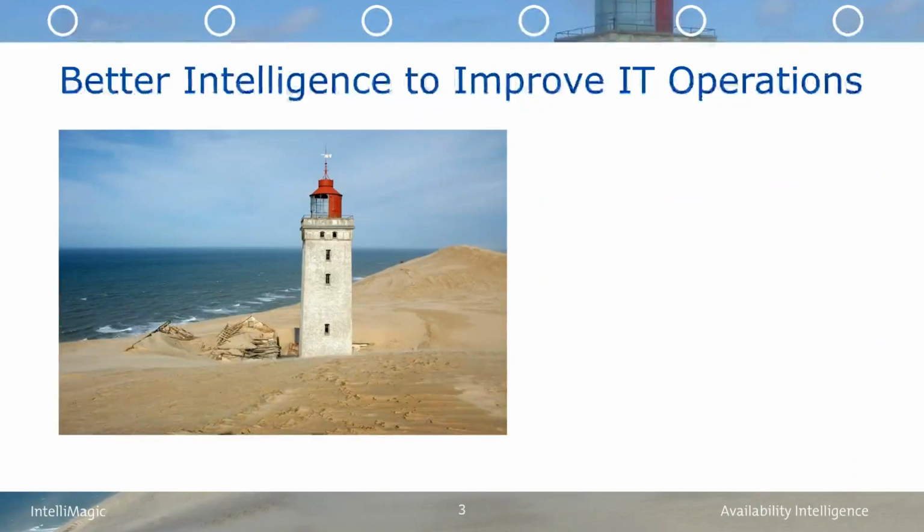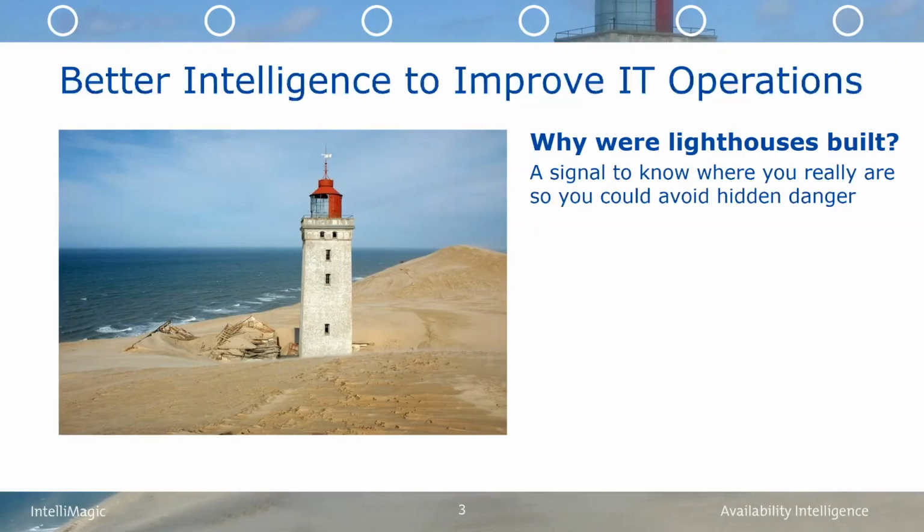The general concept here is how do we get better intelligence to improve how we operate the part of the infrastructure that we're responsible for. If you've seen our stuff around, you've probably seen this old antiquated lighthouse, and it's kind of inspiring to us actually. We like the idea of this signal to know where you really were. As a ship captain, without the stars to navigate by, all you had was a compass. It was pretty important to know where you were and where the hidden dangers were, and that's why these expensive lighthouses were built in the day. Of course, they're outdated today.